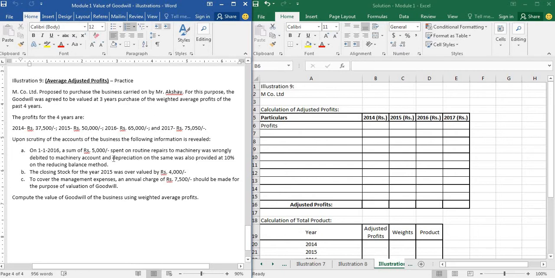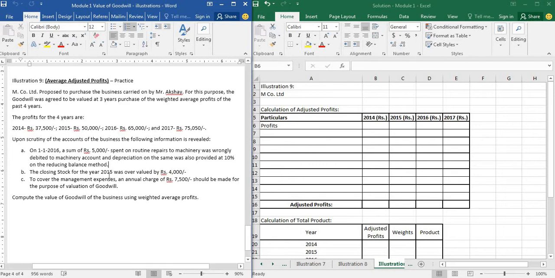And this depreciation also is charged on the same. That means they have also depreciated it. So we have to do the reversal of depreciation also from the year 2016. So in the year 2016 and in the year 2017 they have provided for depreciation and they have shown it in the P&L account. We have to do the reversal of that also. That means we will have to add those back to the profits of those years to make the corrections.